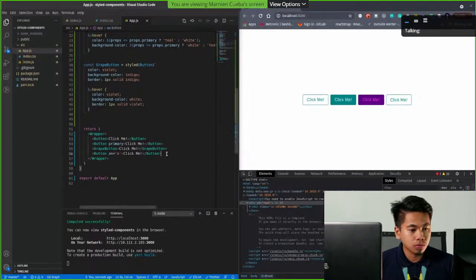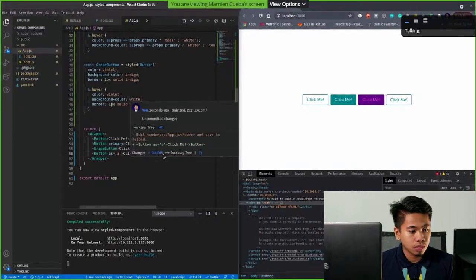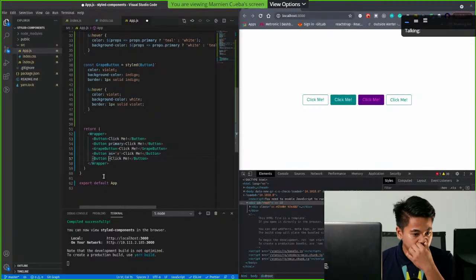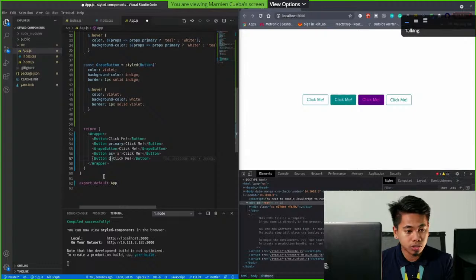The last part, we can also pass a color. What we're going to do now is you can add any props you want. For example, a BG background color of white,